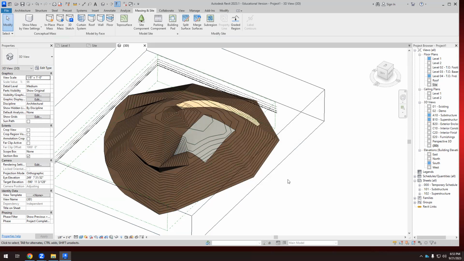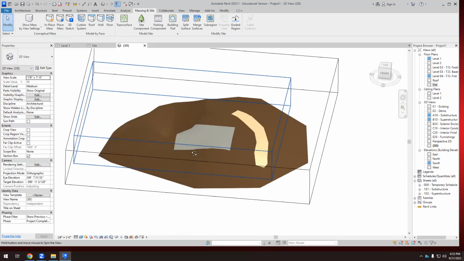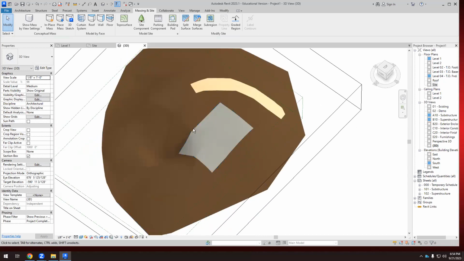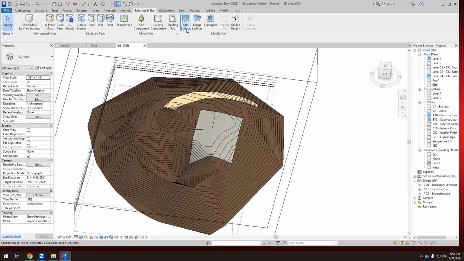Okay, so that option is quite useful, and I like this in Revit because it's quite good, this option. Okay, so again,